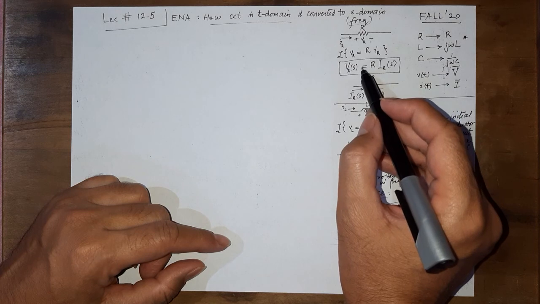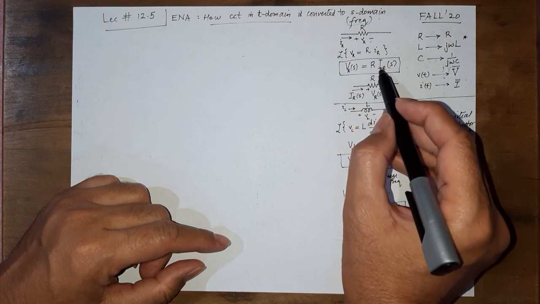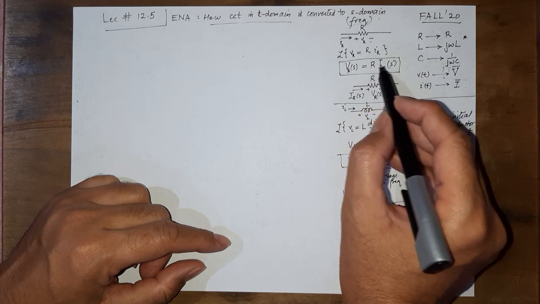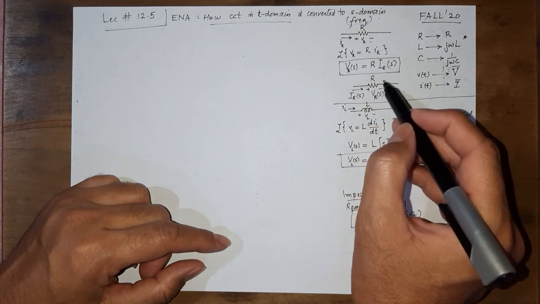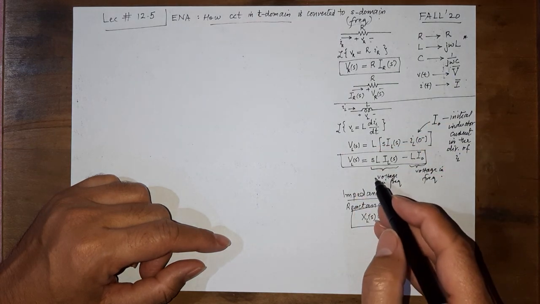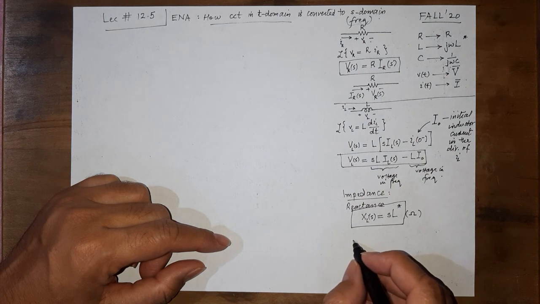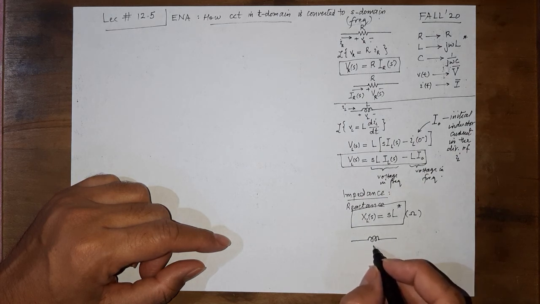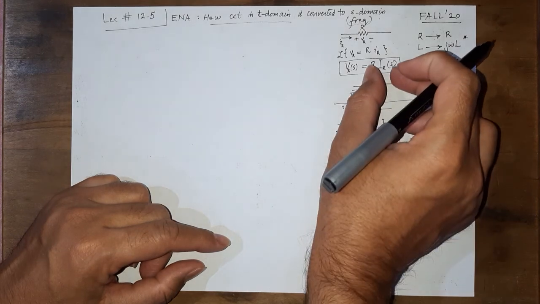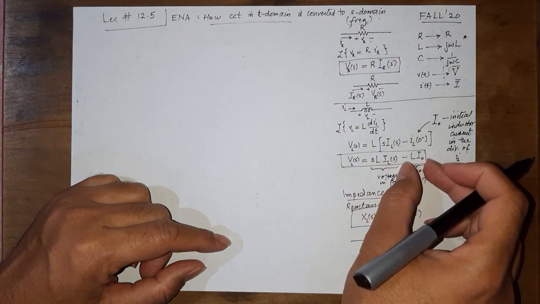So here we said, okay, this equation matches the representation of an Ohm's law. So this thing in time is equal to this thing in frequency. But can we say the same here, that this thing in time is equal to this thing in frequency? No. Why? Because here we have one term. Here we have two terms.